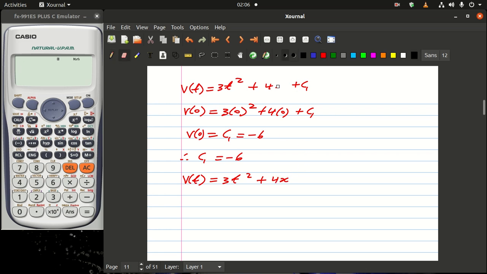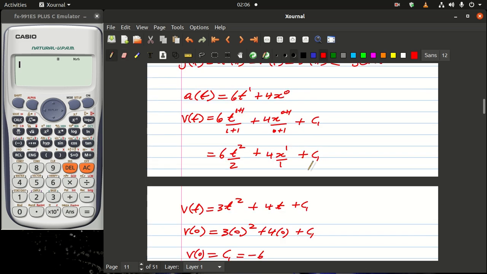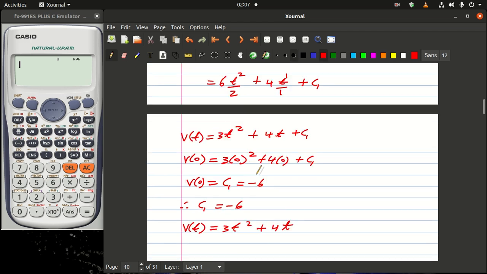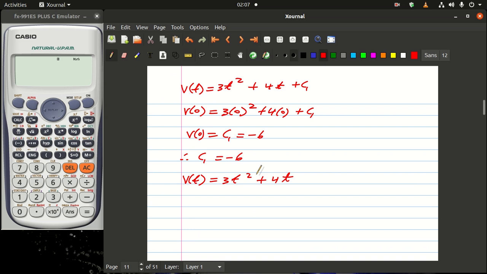not 4x. Why am I using x here? This is supposed to be t, because we are using a t here. Of course, the mistake I made was here. This was supposed to be a t, and this one was supposed to be a t. My apologies. This is supposed to be a t because the variable is t, not x. I just got hung up with my surname here because it has an x in it. Of course, my name also has an x, so I like these x's, so I always put this thing there. And then this one here, we ended up having a 6, and then this is the velocity